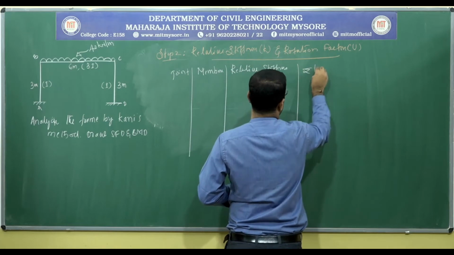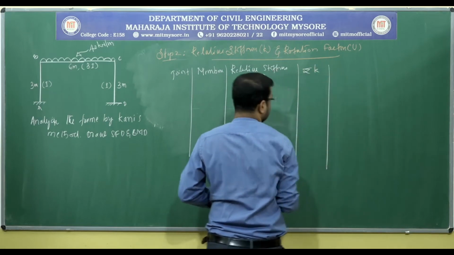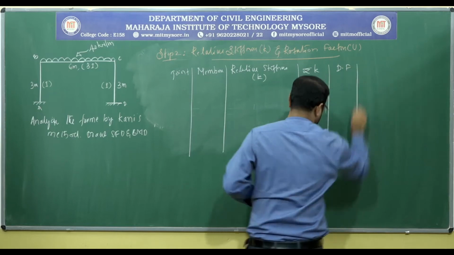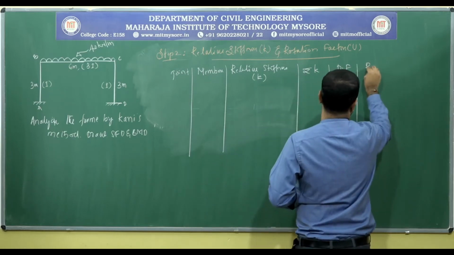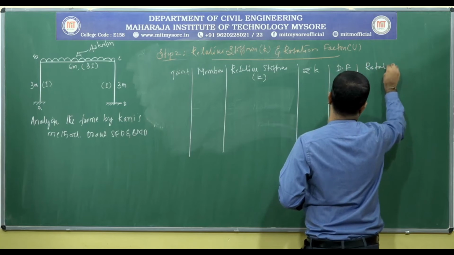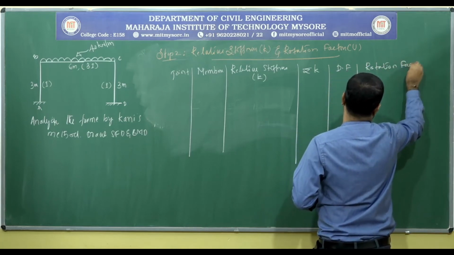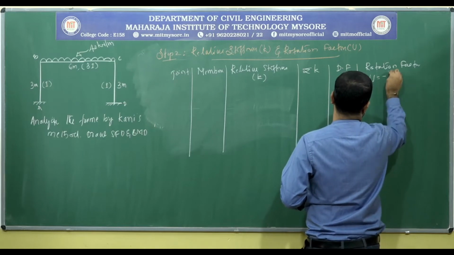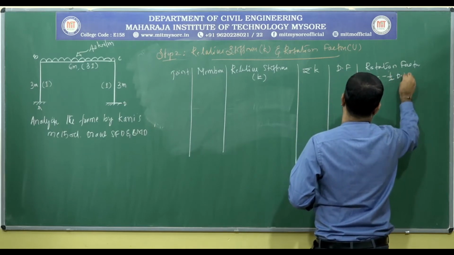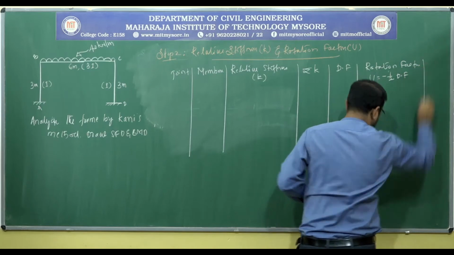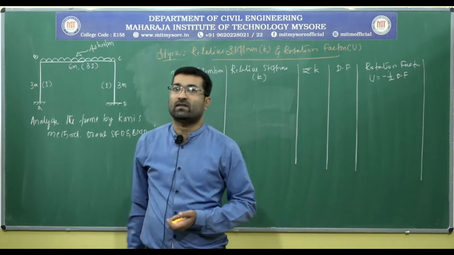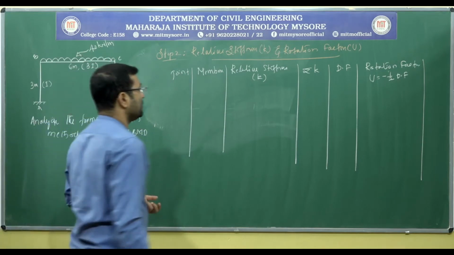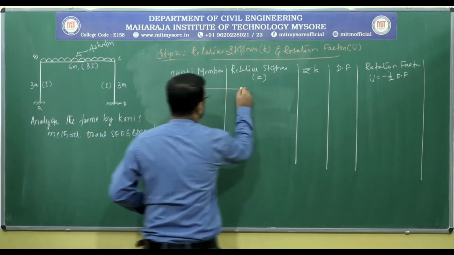Then we need to note down the total stiffness at any joint. Then we can work out the distribution factors. At the end we have to work out the rotation factor U, which equals minus half of the distribution factor, or else we have one more formula, that is minus half of K by summation of K. By either method you can work out the